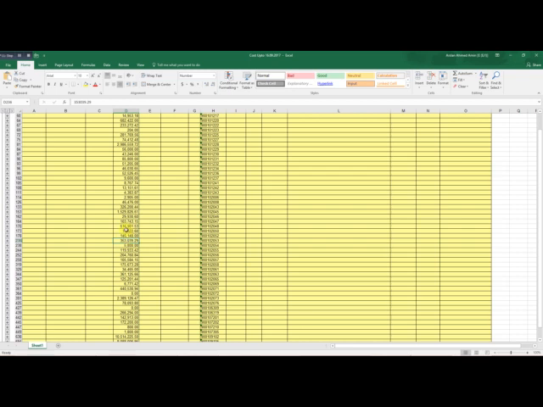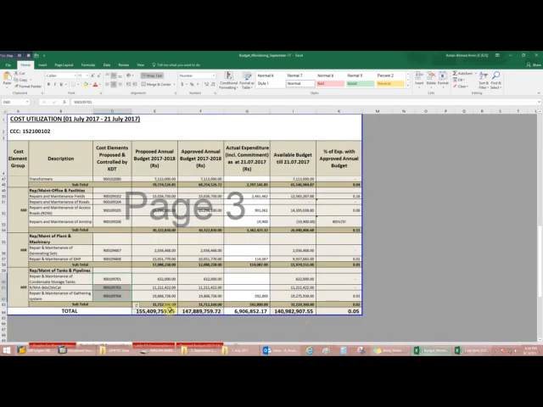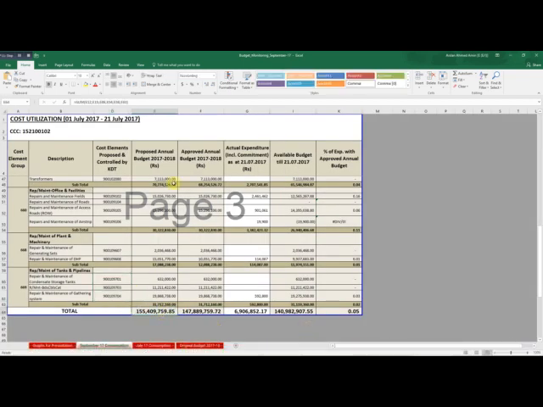From there, this was my proposed annual budget, and this is my approved annual budget from the budget review committee at head office level, and this is the expenditure incurred so far. Here I will put the date from where I am going to calculate this.